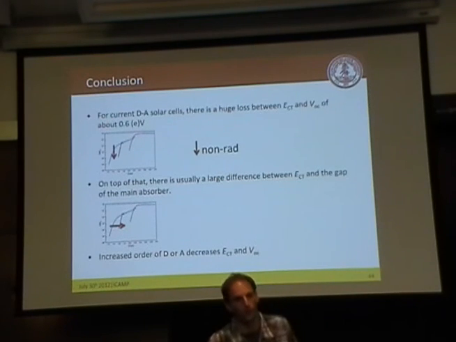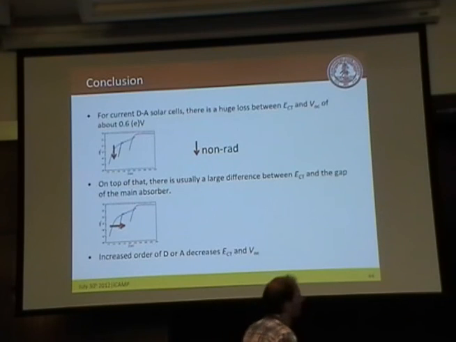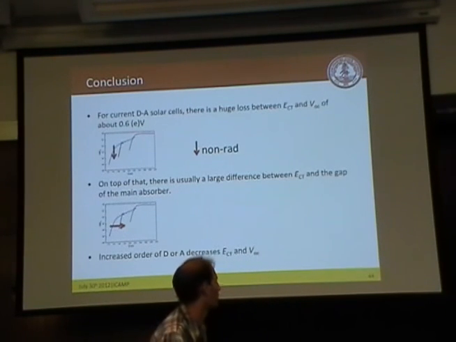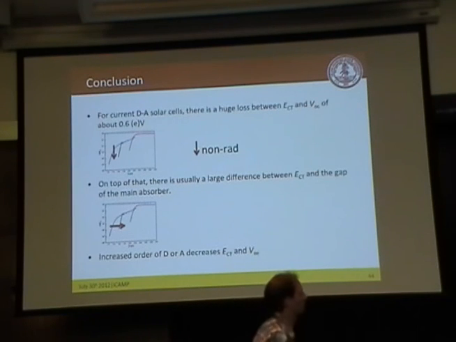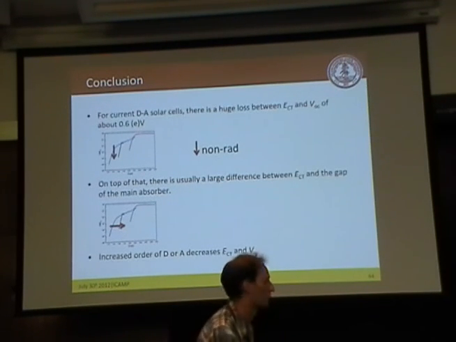And that's what I will talk about in my third talk. If we do that, whether we can then keep the current or not. And the last point, that's what I talked about. If you have more order in your system, it seems you decrease the energy of the CT state. And you decrease the